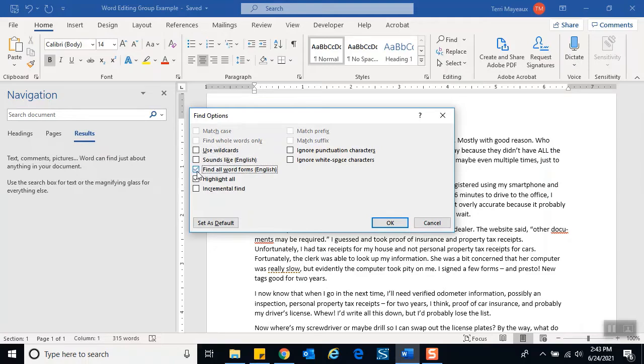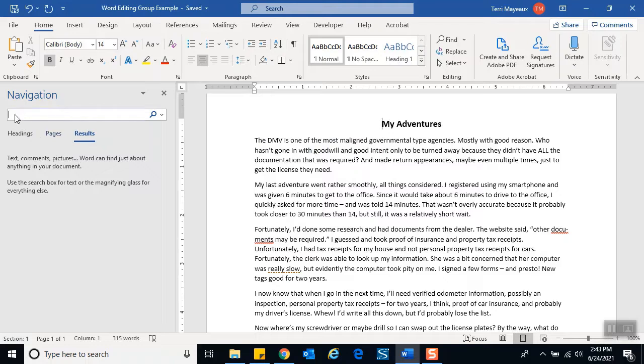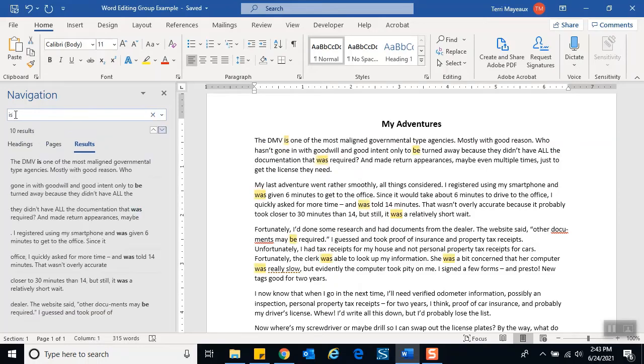So in some ways this can help you if you know that you want to use more active voice, that you don't want to use past tense or future tense. This would help you find where your grammar is slightly inconsistent. So find all word forms, we'll click OK, and then I'm going to come up to the box, and what we're going to look for is, and press enter,